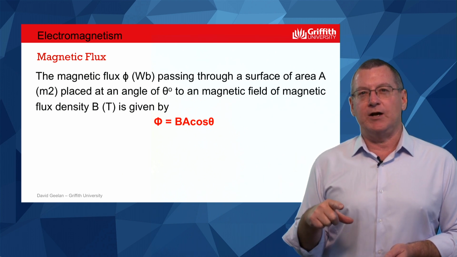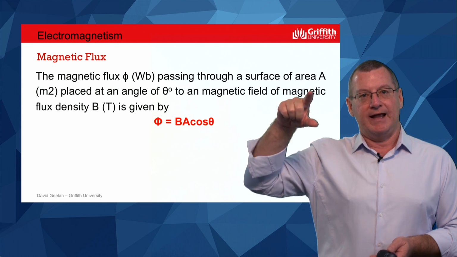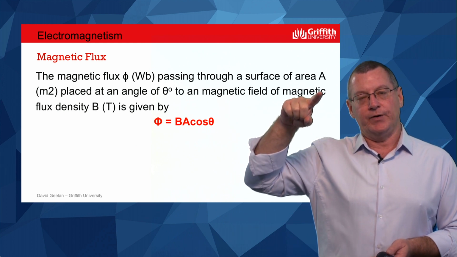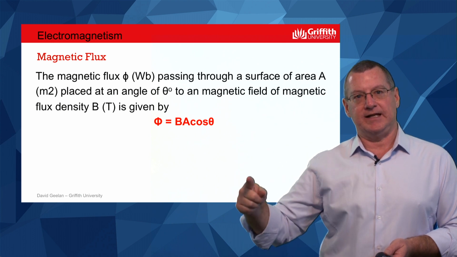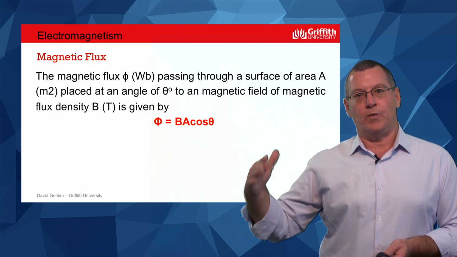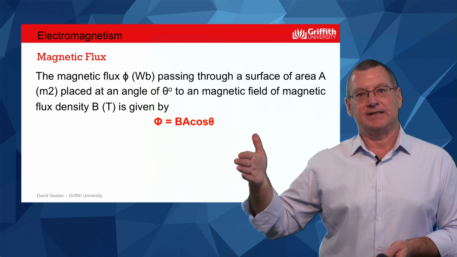Now, we're using cos instead of sine. So what does cos do? When the angle is 0, it starts at 1, and when the angle is 90, it goes to 0. So when the surface area is